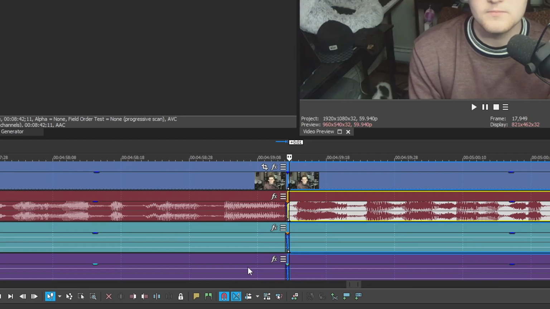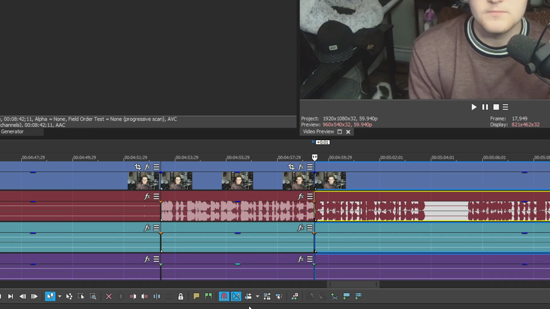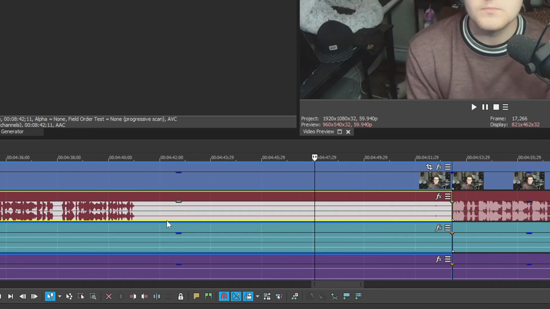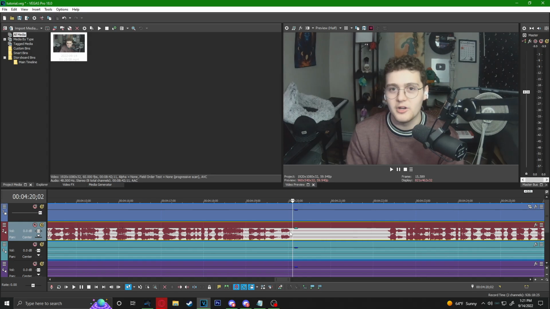Now, one of the most important keybinds that I use all the time is the third one right here. It's the auto ripple one. I keybound it to X, but you can change it to whatever you want. You could either just click it to turn it on, but since you're going to turn it on and off so much, I set a keybind for it so that I can do that manually. So when it's on, and let's say you want to make a cut between this audio track and